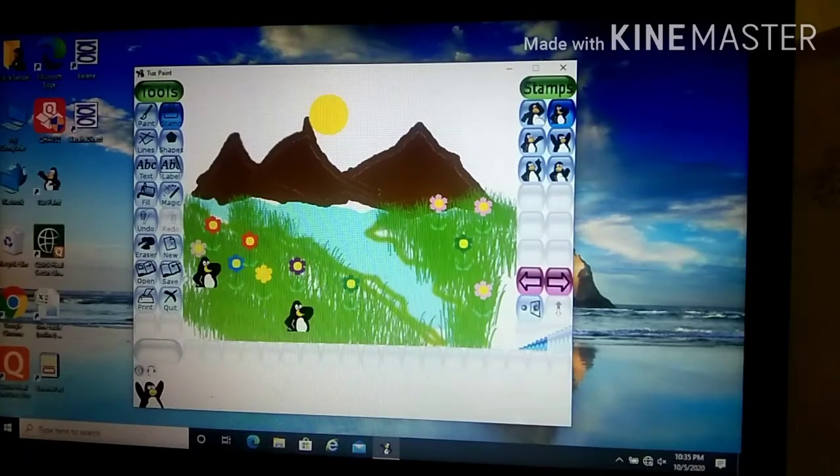Okay, suppose you want to increase the size of your penguin. Here we have the size bar. You just have to increase the bar, change the shape and click, increase the size and you will see the difference. Can you see that? So with the help of this size bar, we can increase the size of these penguins. Okay, these penguins are called a stamp, so these are called the stamp tool.